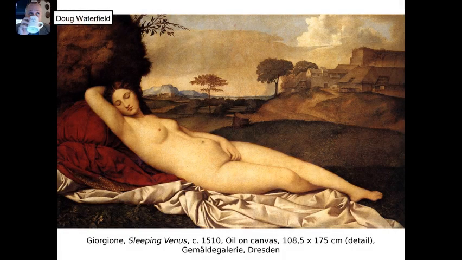Another Giorgione, a very golden Venetian painting. This is his Sleeping Venus. This is a different approach to depicting a nude. It's one of the first modern works of art in which the female figure is the principal and only subject in the picture. It also inaugurates the genre of the nude in a landscape setting as one of the great